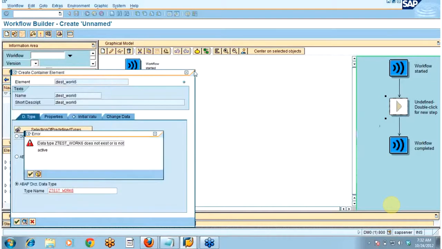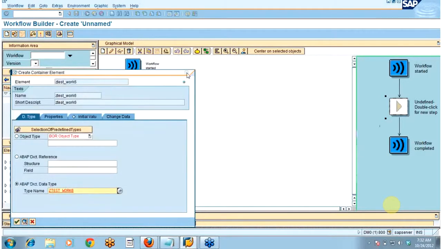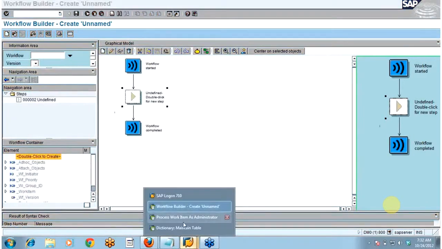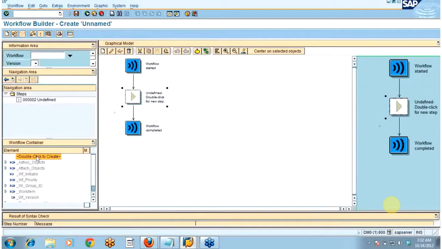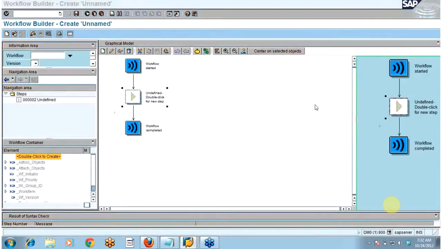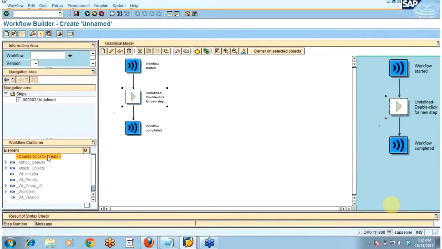Okay, I will again have to refresh this SWDT because I have created it in the same session. Okay, it is not active actually. Okay, let us see. Yes, it is. I forgot to activate the table.